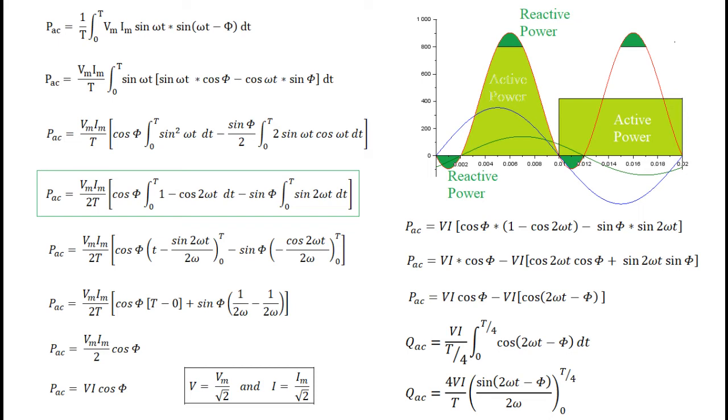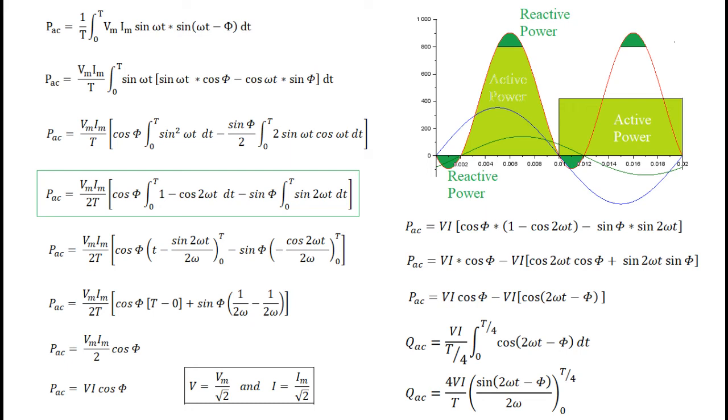The graph shown on the slide is for instantaneous power, and the area with dark green color shows energy supplied from source to load and returned from load back to source. But the area with light green color is active power, and this energy once transferred from source to load is never returned back. The rearrangement of the instantaneous power expression to consider constant part and variable part is shown in the next step below the graph.